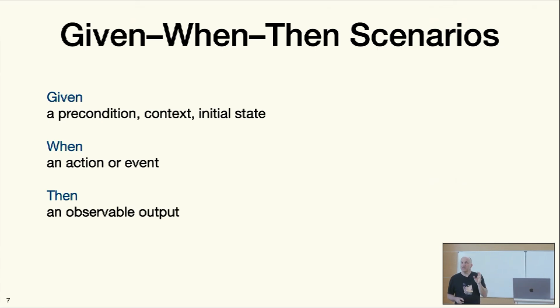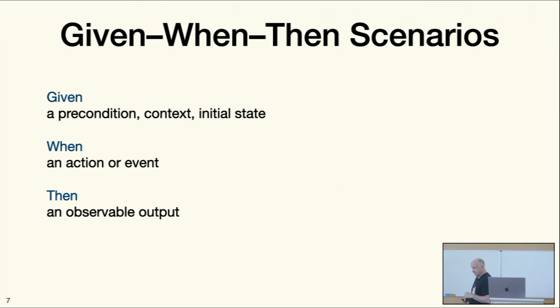The action is typically an action by a person, so a user, yeah? But it can be an action by an external system, for instance. And then we have then steps, and the then step states observable behavior. And with observable, I mean observable by the user. Yeah? So that means something that you see in the user interface, an email, for instance, a report, a log